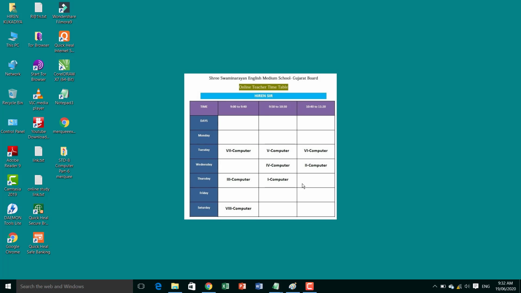Inside the table tag, we use table row and table data. For each different row we use table row, and inside this row, like Tuesday, 7th computer, 5th computer, 4th computer, all this is our data. For this data we use table data, the TD tag. So we will see the example of this.